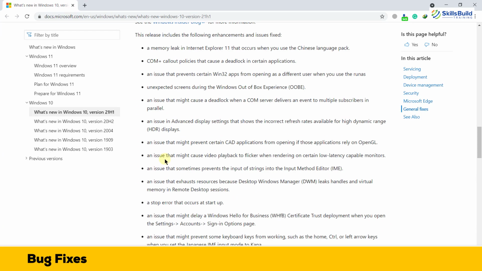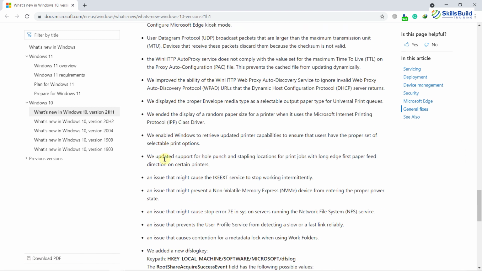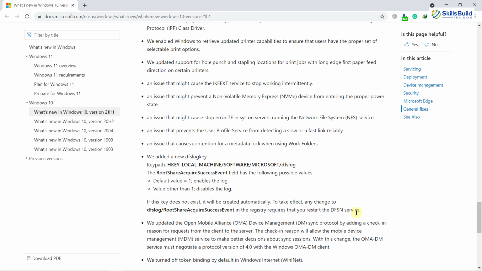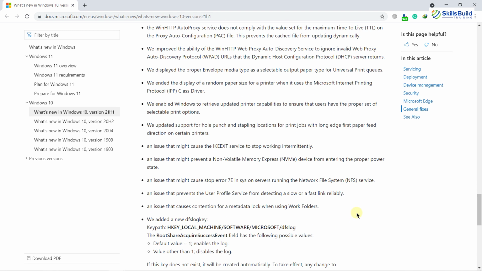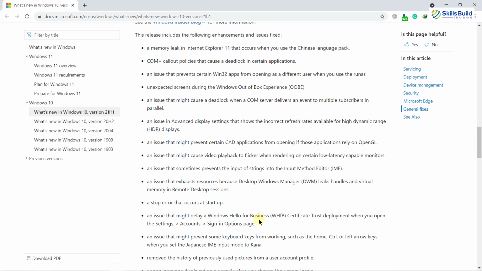Well, there are a lot of bug fixes which have been done by Microsoft, but believe me, most of them are related to background processes. So you might not need to know all of them, and even if you want to know some of them, you might not be able to understand as they work in the background.